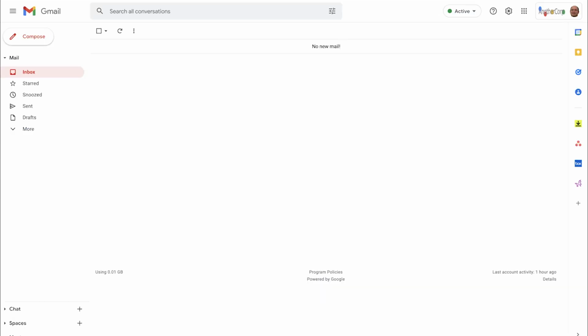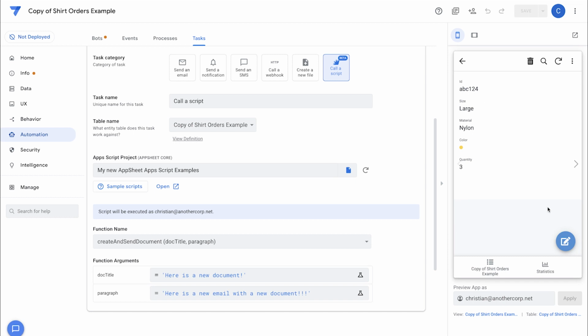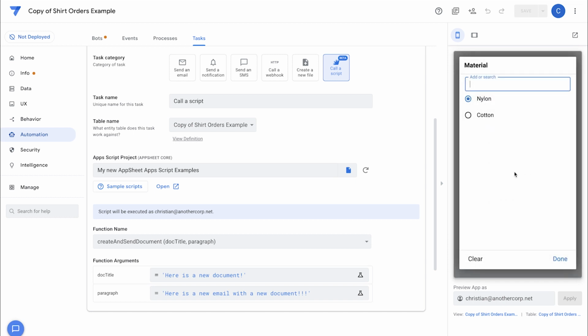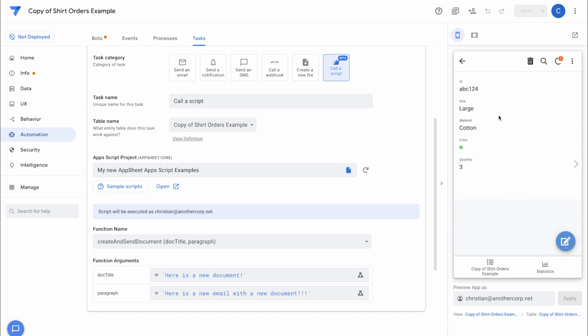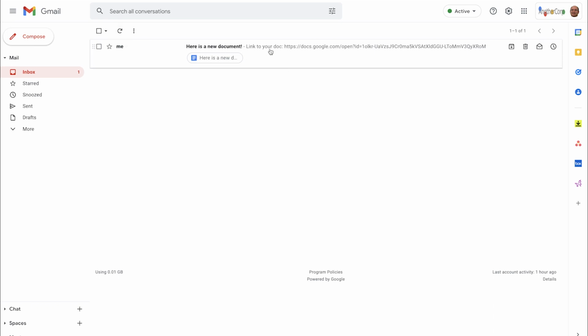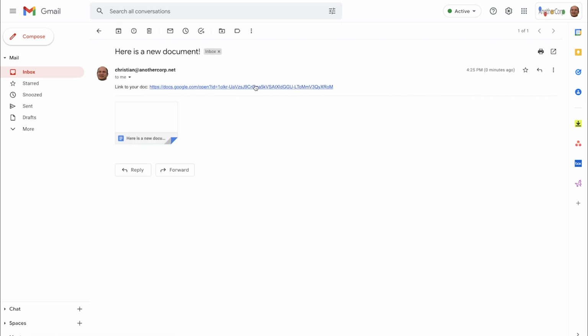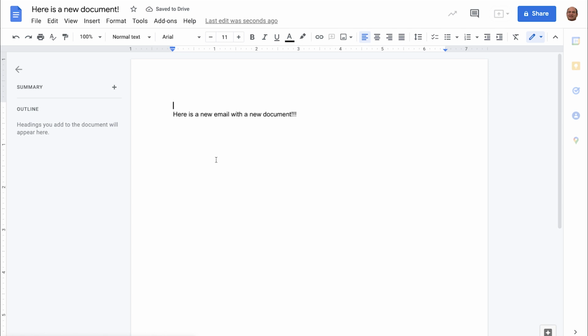And incidentally, I have my Gmail window up here. And so I'm going to use that to see if my document was created. All right, so let's go ahead and update our record, or change the color or whatever. I'll click save, and that should kick off our automation again. And now I'm going to be focused on Gmail, and we'll just wait for the incoming update. There we go. And here's the new document, and we actually have a link to our new document as well. So I click on the new document, and there we go. So that's our actual document that we got created by calling this particular function.